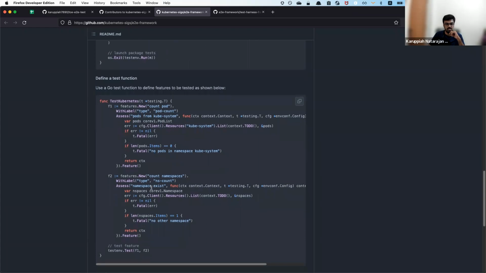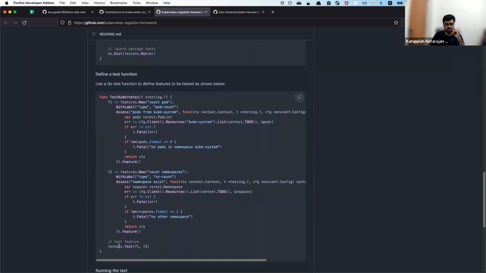Just wondering what this is about. Count pods, it counts the number of pods, I think, and returns that as context. It returns the context, but weird that it doesn't count it.